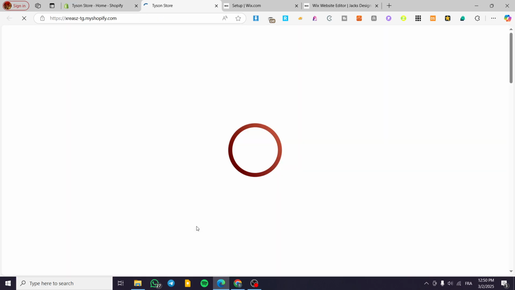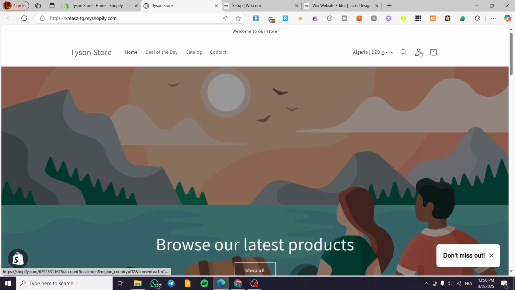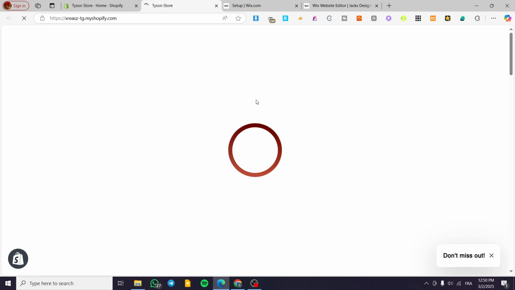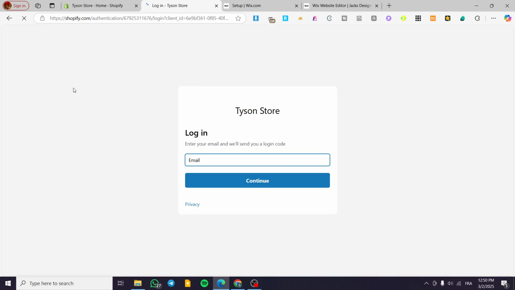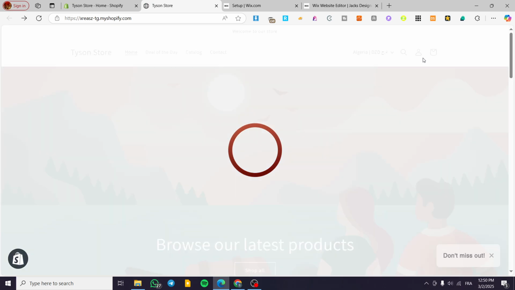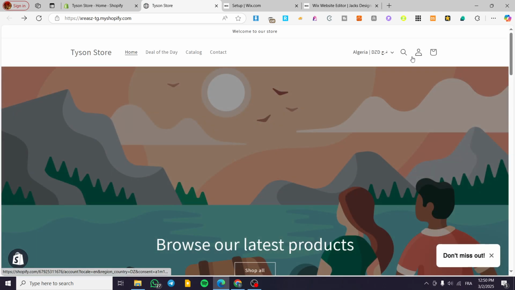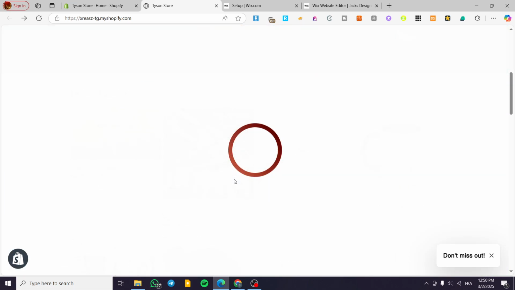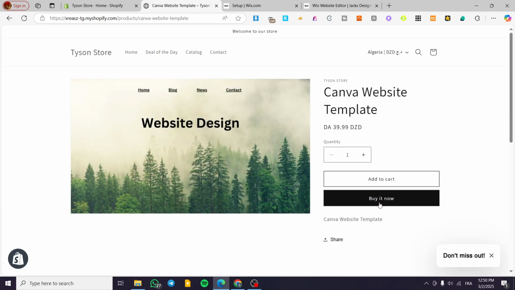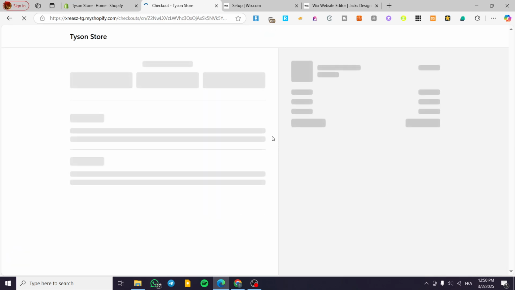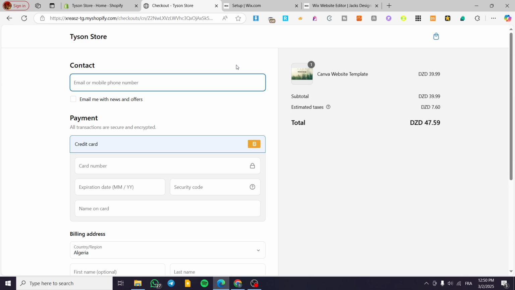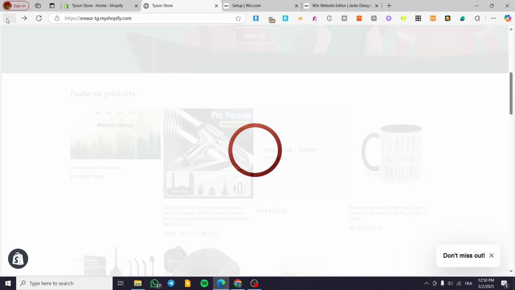So when you are going to visit your Shopify store, you're going to see here that we have this. Basically, it is not going to let you because it is going to take a little bit of time, let's say, to not show up from this specific area. And if you're going to set up the checkout, you're normally not supposed to see it anymore, just like that. Basically, that was pretty much it for today's